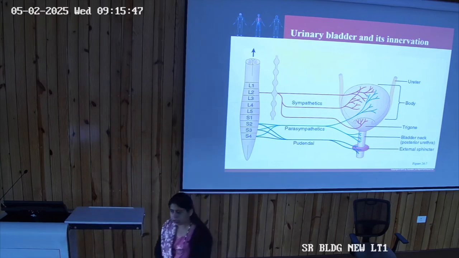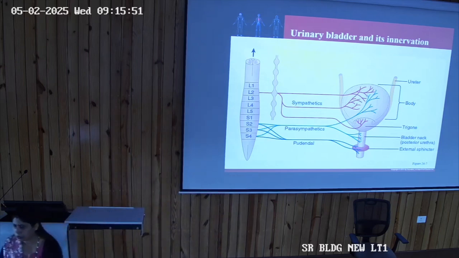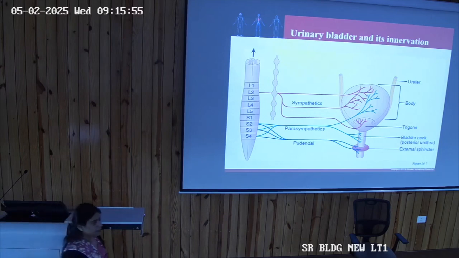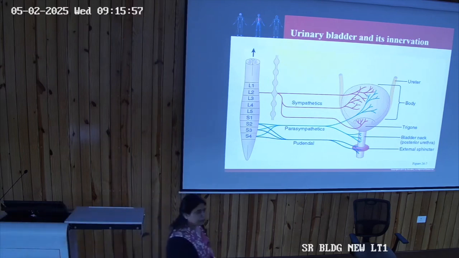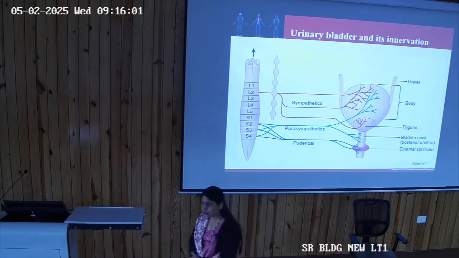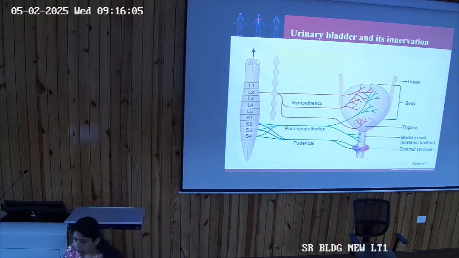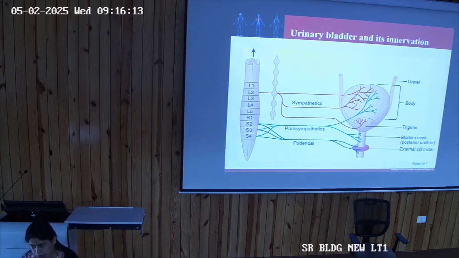So sympathetic innervation goes to the renal system, but parasympathetic and sympathetic both come to the bladder, and they are both responsible, along with the somatic nerve, for the micturition reflex. What is the micturition reflex? It is the voiding of urine when the bladder gets filled up to its capacity. The first micturition reflex sets in when the bladder is filled with 300 ml of